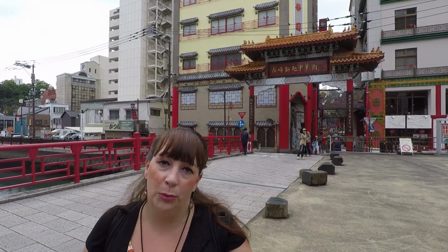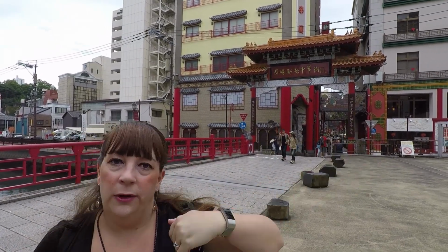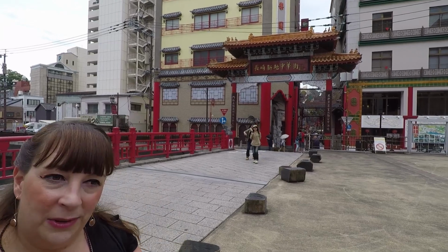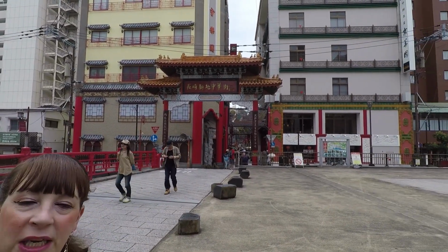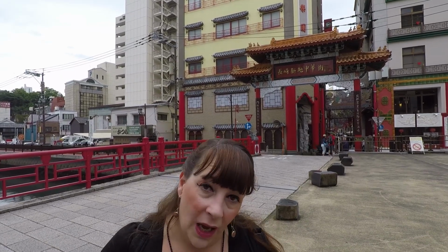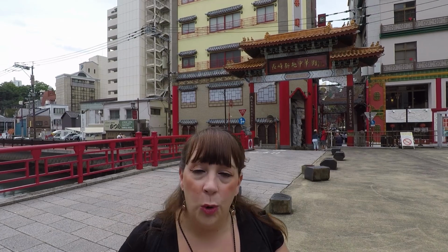A nice area to visit in Nagasaki is Chinatown, Motomachi. This is one of the entrances here. This is coming from, if you head down from where Dejima trading post was. You can go straight through. There's a Chinese gate. There's a heavy Chinese influence in Nagasaki because so many Chinese immigrants came over here over the years. Nagasaki was the only city that was open during Japan's 200 years of being closed off from the world. From the 1680s to the 1880s, and so this was the only place that remained open to foreigners, open